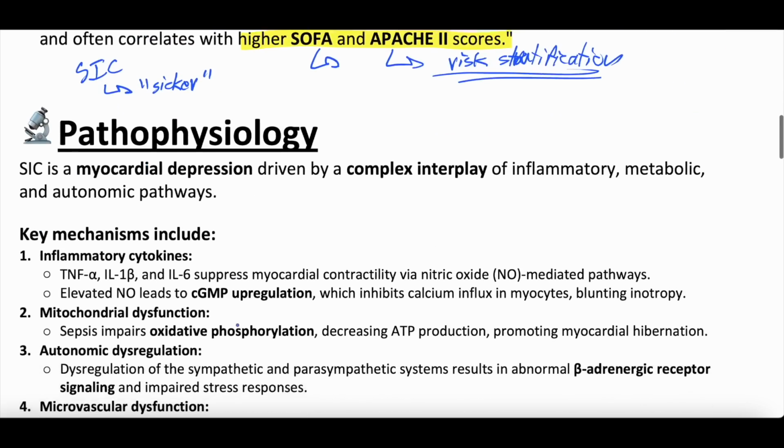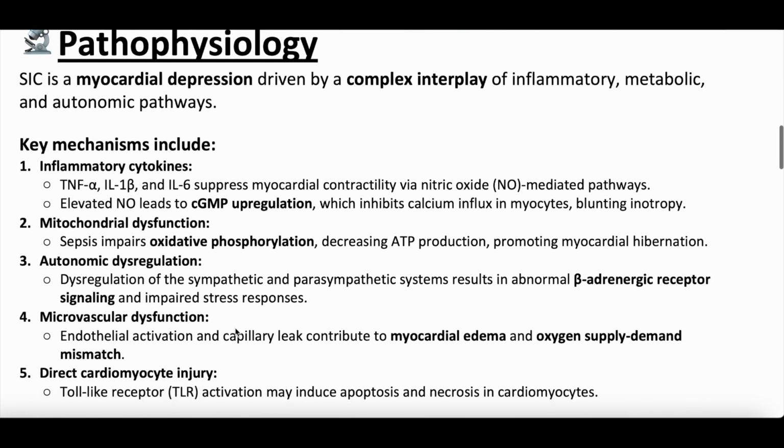So pathophysiology, how and why does this happen? Well, we know that sepsis-induced cardiomyopathy is myocardial depression. As most of us probably know, the heart, we're going to draw a heart on the screen if you're watching. This is the right atrium, right ventricle, left atrium, left ventricle. We know that the myocardial muscle cells of the heart, just like many cells, are affected by the dysregulated immune response in septic shock. Those inflammatory markers like cytokines, metabolic derangements, and autonomic pathways too.